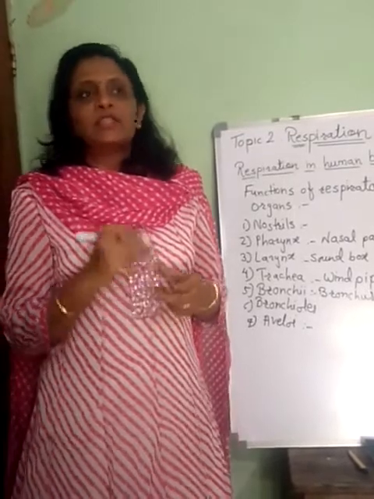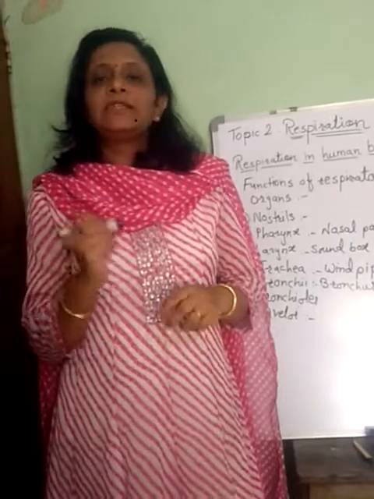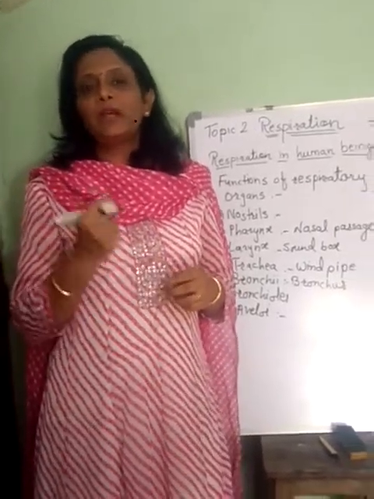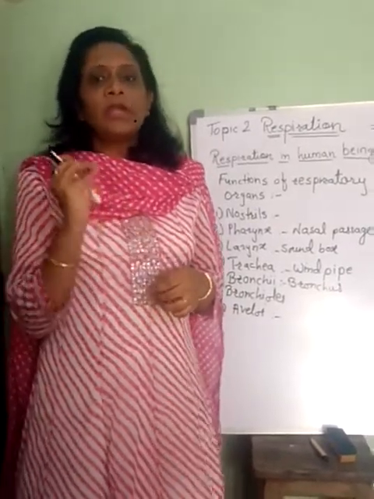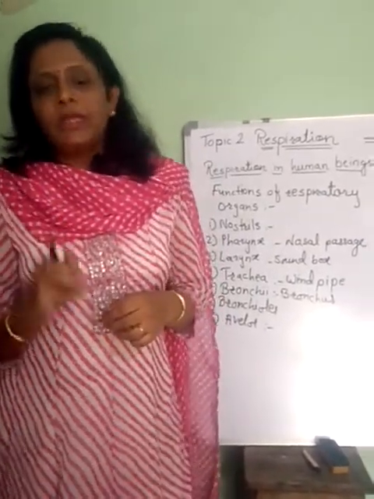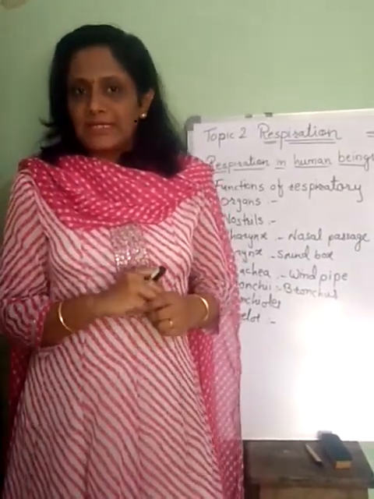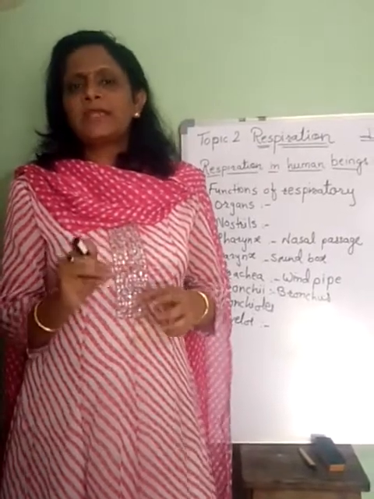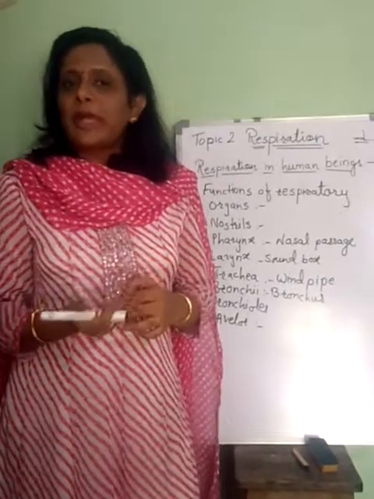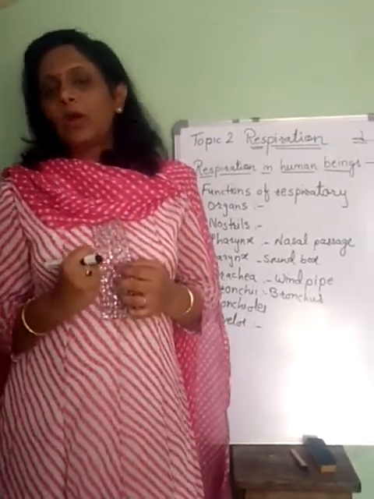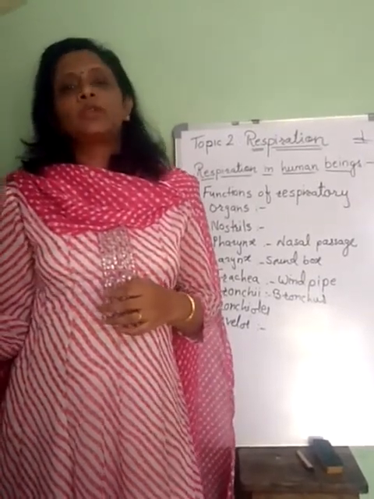Just now I have mentioned the respiratory pigment. This respiratory pigment is a small substance present in the blood. Yesterday I talked about it, and it is called hemoglobin. It's a kind of protein present in the RBCs in our blood, and this protein has a very high affinity towards oxygen. Once it comes in contact with oxygen, it readily absorbs the oxygen from the alveoli and the blood is circulated again towards the heart.